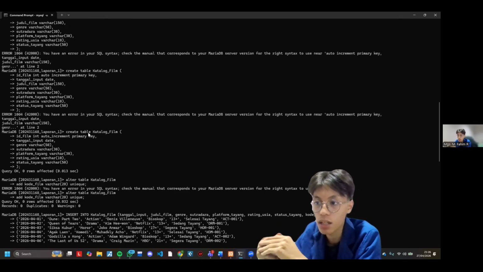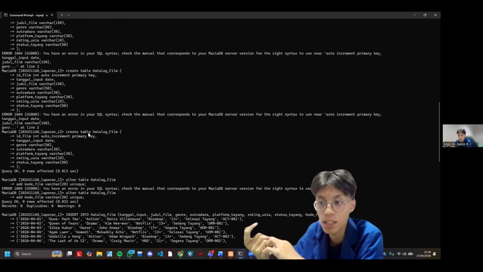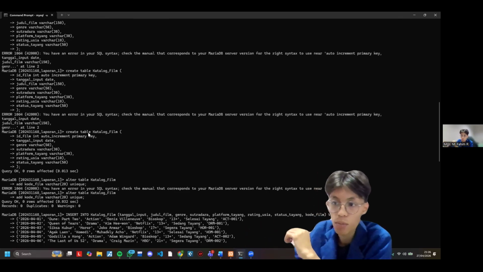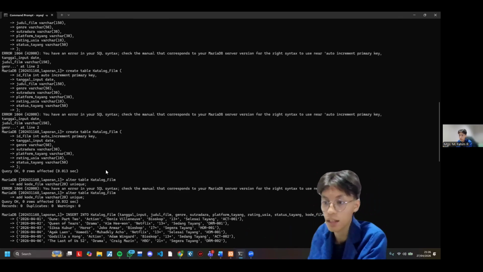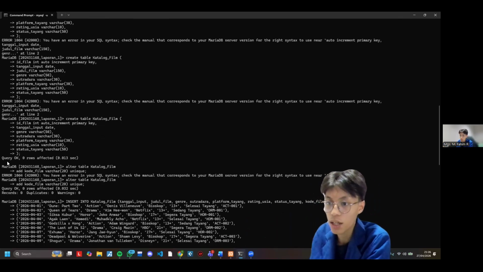But the length of the data is different. I'll make genre 50, sutradara 30, and so on. Okay, Query OK, no rows affected.